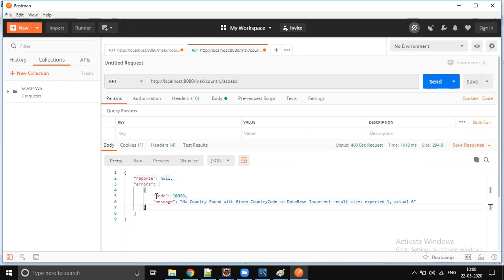Okay, okay. So even this has to be implemented in the mobile service also. In our mobile service, we should return the response, not the raw data, right? So it should contain both response and errors.